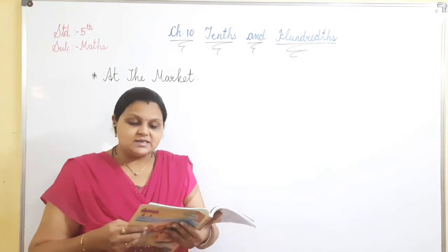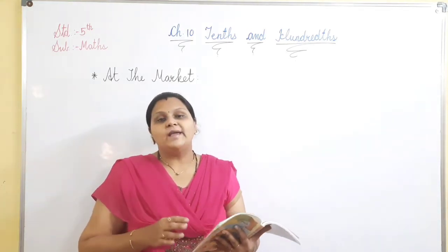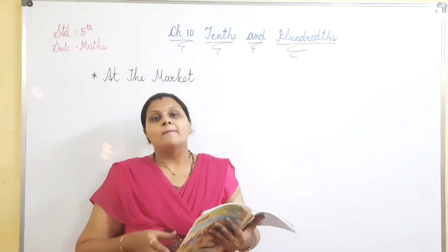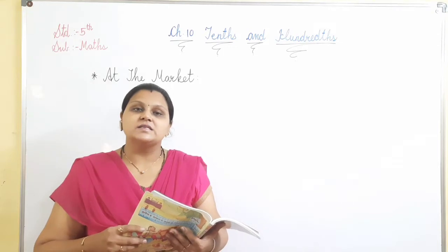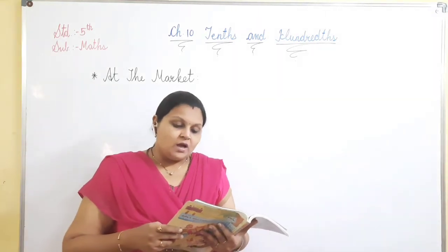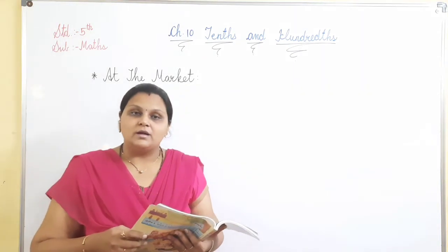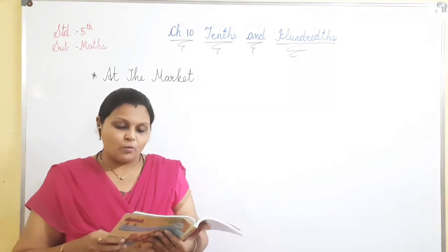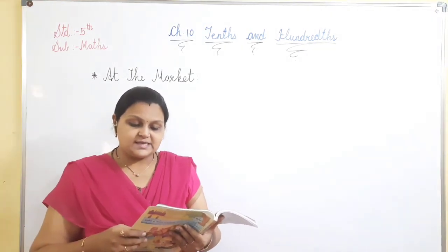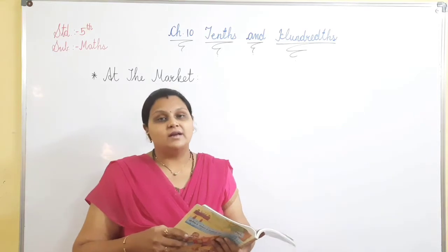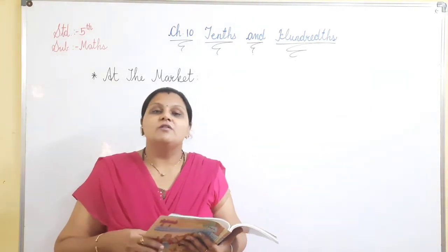1 paisa is 1/100th of a rupee, isn't it? So 1 rupee is equal to 100 paisa, we know. But if we want to write it as a fractional part, we can write 1/100. It is written as rupee 0.01. That is why we write 99 paise as 0.99. Same way, if we want to write 75 paise, we will write it as